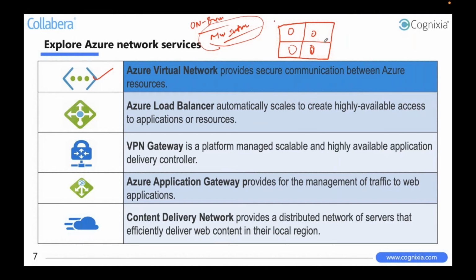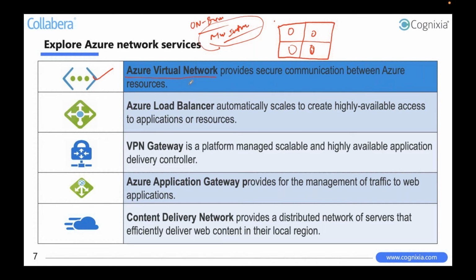Similar to that, if you need the same type of configuration where you can customize your resources based on the requirement, project requirement, based on your department, based on the compliance requirement, you can configure a network, which is called here Azure Virtual Network. So you will get a VPC, a virtual private cloud, where you can customize your network infra based on your